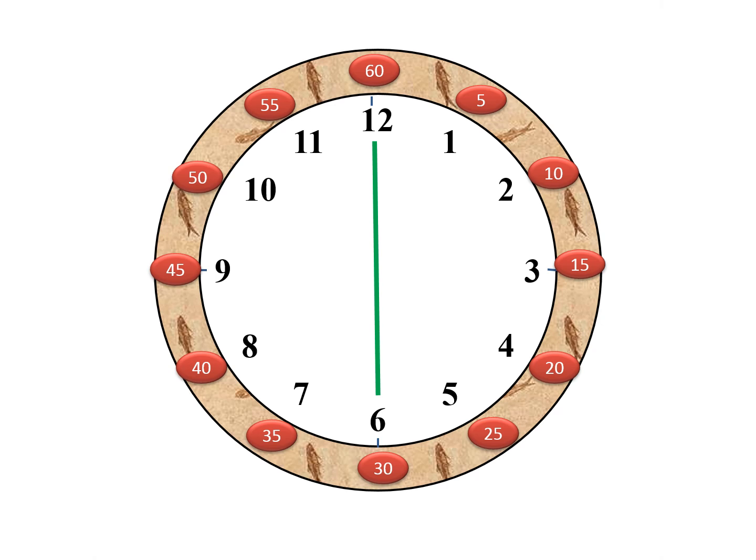Rules to remember while telling the time in English. Number 1. If the minute hand is at 60, we use o'clock to report the time. If the minute hand is at 15 or 45, we use to say quarter instead of minutes. And if the minute hand is at 30 minutes, we use to say half instead of minutes.